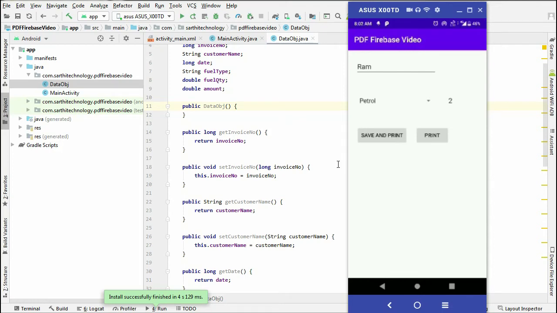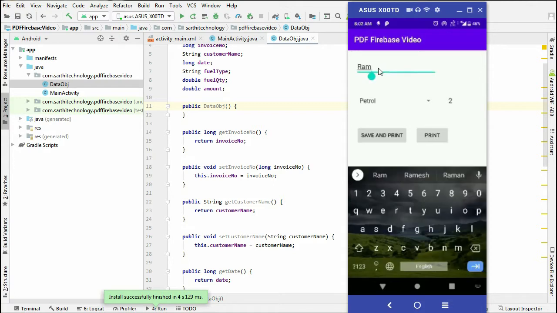This is the third video of creating PDF using Firebase database. At the end of the previous video, if we run our application, it will look like this.